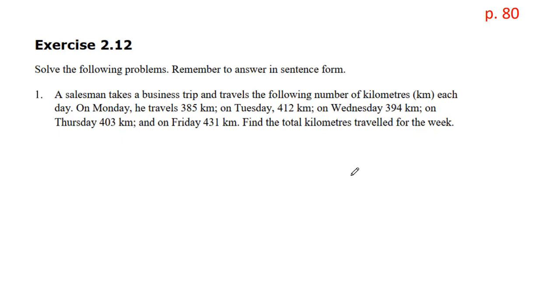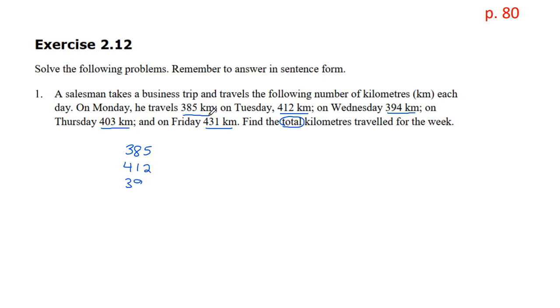So number 1, a salesman takes a business trip and travels the following number of kilometers each day. On Monday, he travels 385 kilometers, Tuesday, 412 kilometers, Wednesday, 394, Thursday, 403, and Friday, 431. Find the total kilometers traveled for the week. So because the question's asking us for the total, we're going to be adding all of these days because each day is different. So we're going to take 385,